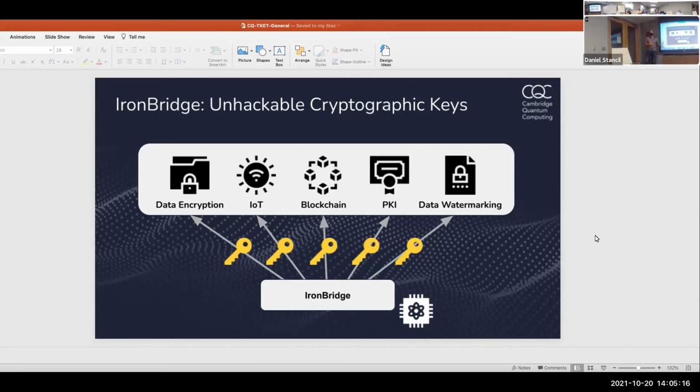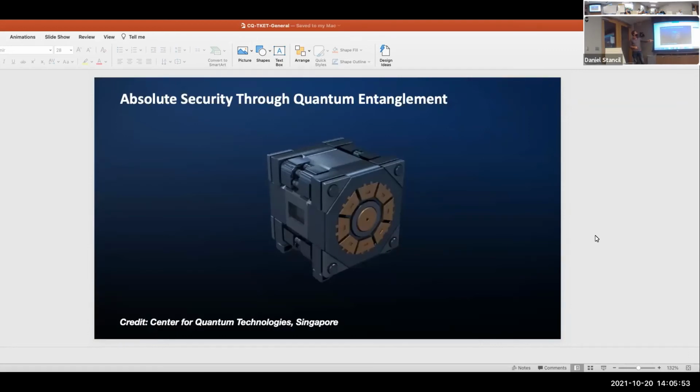Now, of course, it's possible to generate truly random numbers using a quantum computer. You just prepare a qubit in a 50-50 state, and you measure it, and you'll get a 0 or a 1 with equal probability. So that's very simplistic to do. The problem is that you have no way of knowing if those numbers really are random, if someone isn't tampering or eavesdropping. Because if all you get is a string of zeros and ones, you have no idea where it's coming from. And so for this reason, we've developed this approach called IronBridge. So IronBridge uses quantum technologies to produce a string of random zeros and ones, but it does so in a way that you can prove mathematically that no one is tampering or eavesdropping. And to understand how this happens,